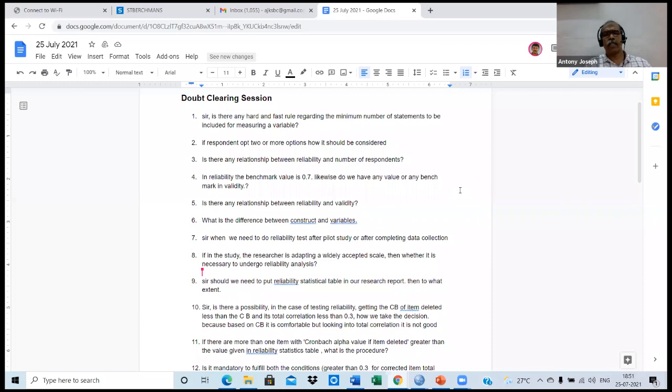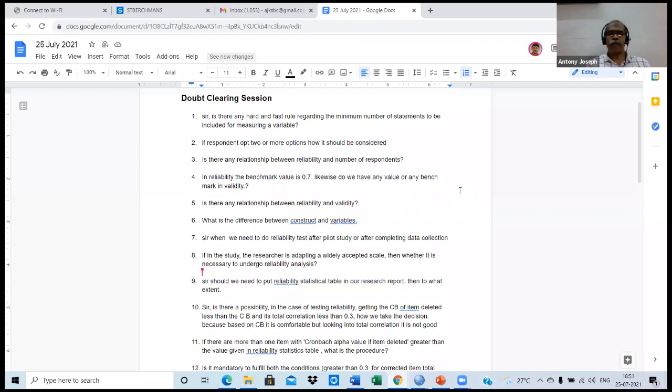You remember, reliability analysis is essential because you are doing the research work in another environment, in an entirely different scenario. So reliability analysis is important here also.